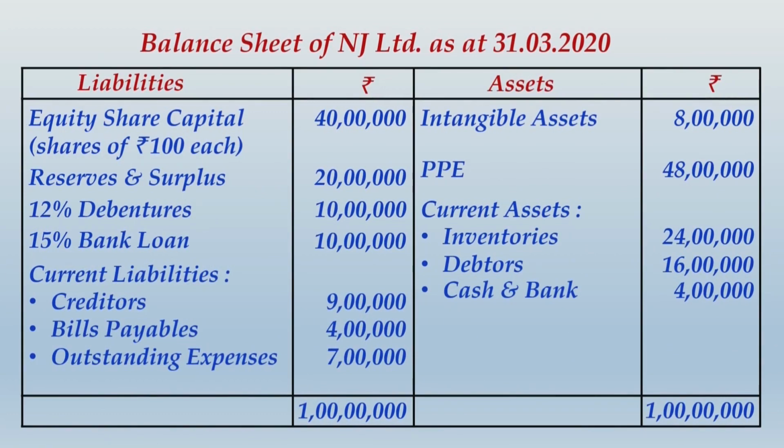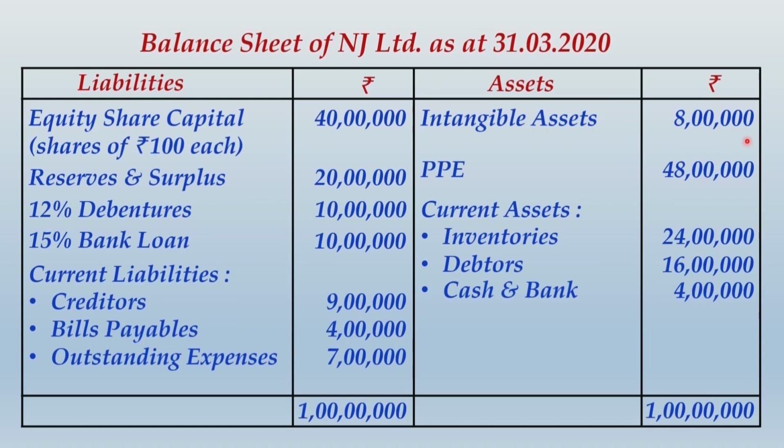Now what we find in front of us is the balance sheet of NJ Limited as at 31/3/2020, and that means this is the balance sheet at end of the year. Now we must always look into a few factors. For example, if you look at the intangible asset at the beginning, it must have been given as 10 lakhs, and the amortization on intangible assets charged in the statement of P&L was 2 lakhs. So it is obvious that intangible assets at the end has to be 8 lakhs.